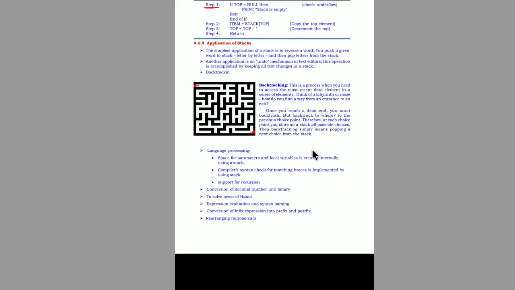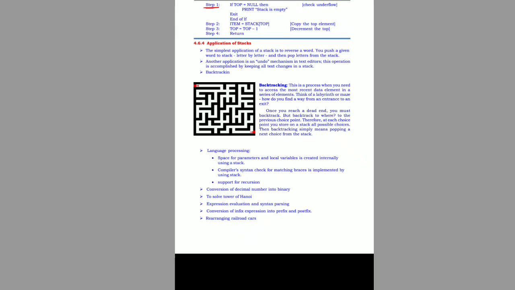In the push algorithm we have seen how to insert a data item onto the top of the stack. Now we are trying to understand how to pop the element from the top of the stack. While popping the element, the condition that we are required to check is whether the stack is empty or not. While pushing the item, we checked if the stack is full, and we could not insert the item. But while deleting, if the stack is empty, we cannot delete the item from that stack, right?